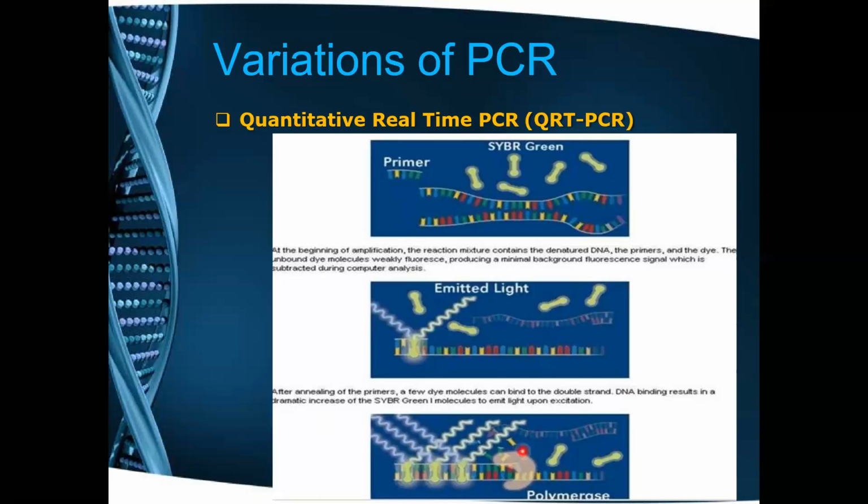What is happening here? Suppose DNA synthesis is happening with the primer, and finally the annealing step comes. We all know that in PCR there are three steps: denaturation, annealing, then elongation. Then in the annealing step, see, the strands are bound together with the DNA. In that, when SYBR Green is added, it is producing a tremendous amount of light. So if we measure this light, we can know how much amount of DNA is produced.